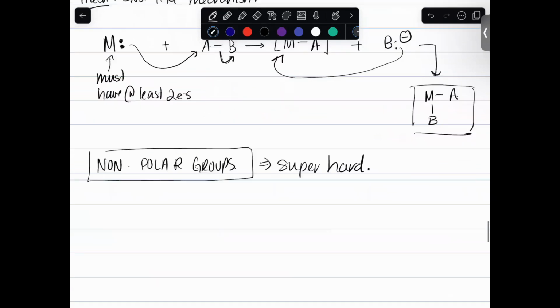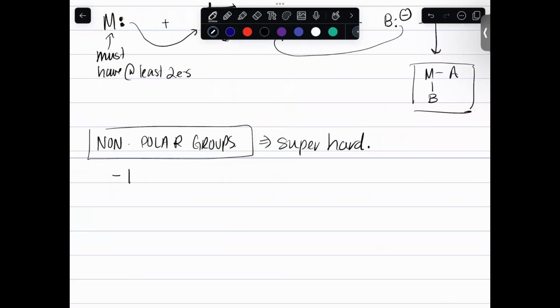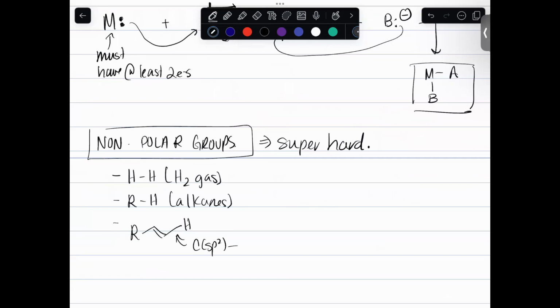And that's because nonpolar groups include hydrogen-hydrogen bonds, i.e. hydrogen gas, alkanes, carbon sp2 bonded to hydrogens, so alkenes,